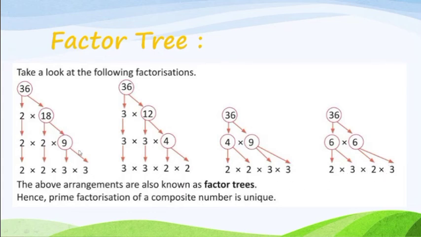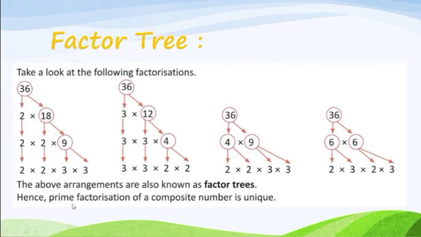So all these ways of getting the prime factorization of the same number, in the manner of arrows and all that, this method is known as the factor tree method. Factor tree method means whenever we arrange the numbers in this manner, starting with prime numbers and breaking or decomposing the composite number later on, then the pattern is considered the factor tree method. So see, this is a tree and these are the roots of the tree, like the roots of a tree inside the ground. Like this, the arrangement is considered a factor tree.